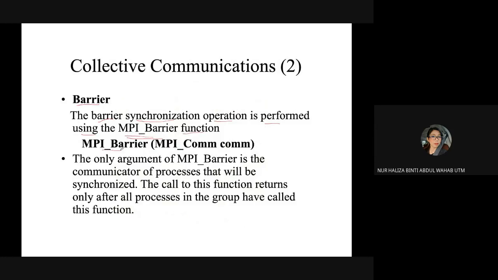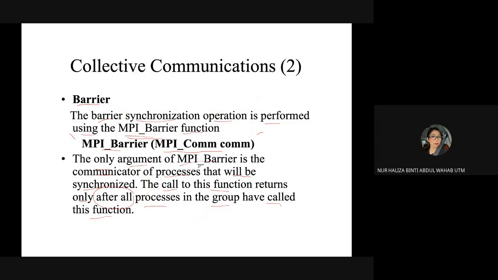The only argument of MPI barrier is the communicator of processes that will be synchronized. The call to the function returns only after all processes in the group have called this function.